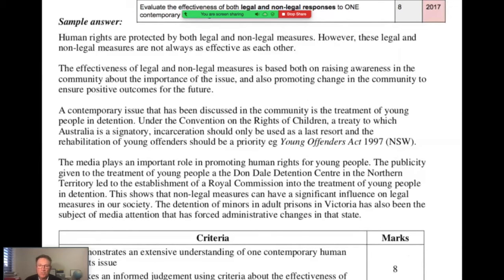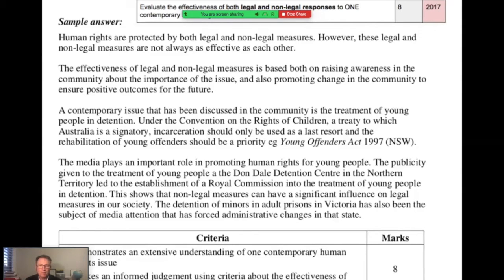Another question here, you can again see, this is an 8-mark question, the 2017 paper, and you can see this person has broken their answer up into 4 very concise paragraphs, but the paragraphs have specific reference to United Nations conventions, statute laws, royal commissions. So the general arguments are supported with a series of specific legal evidence as reflected in the criteria. The criteria says demonstrates an extensive understanding of one human rights issue, and it says informed judgment using a